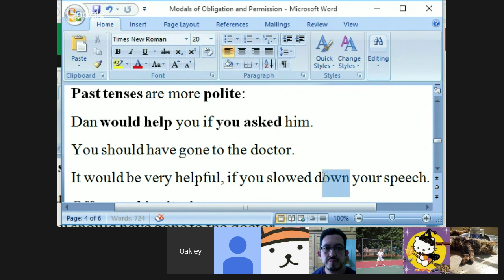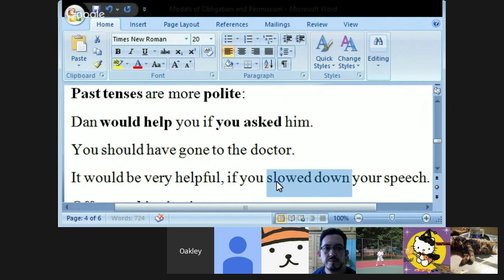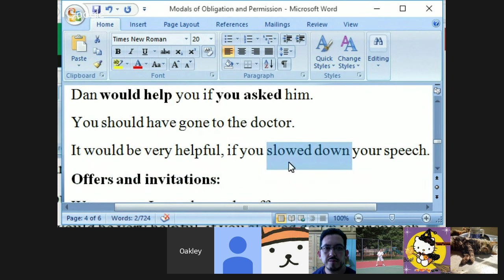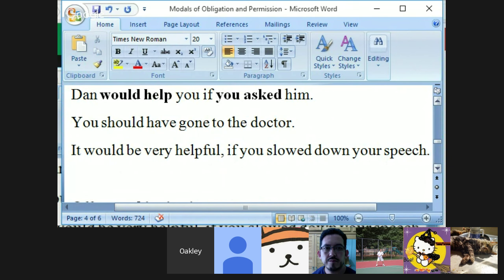Yeah, we often use the phrasal verb form, especially when we're talking about speaking, or physical, like running or walking. Slow down. What's your hurry? It's very common. Okay, that's fine. And yes, here you go, using the more polite second conditional form. Yeah, that's great. Very good. Good job.